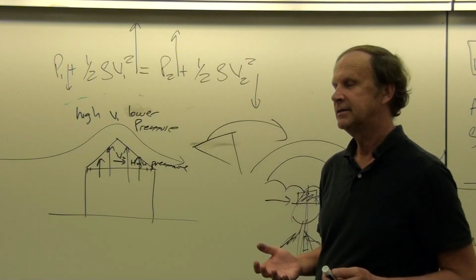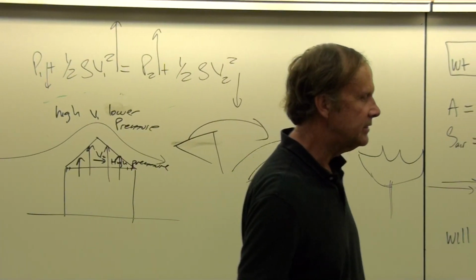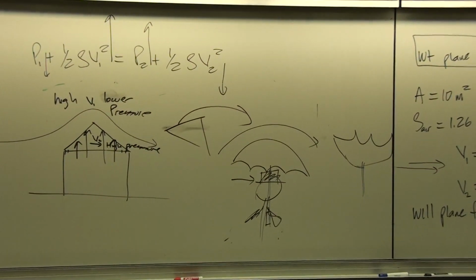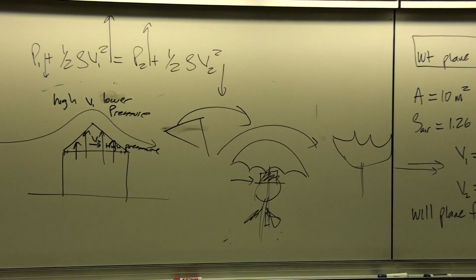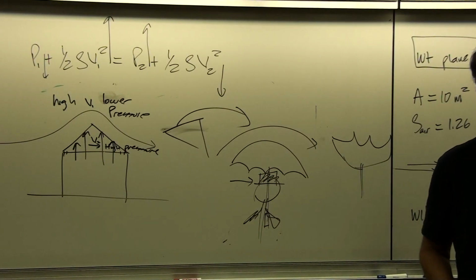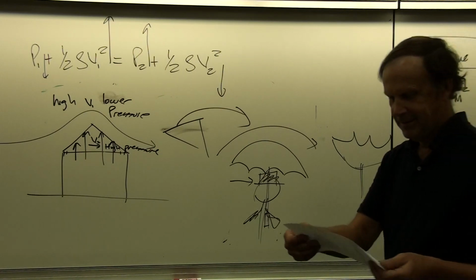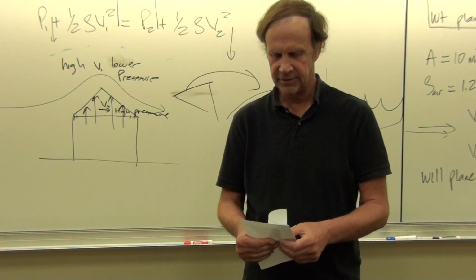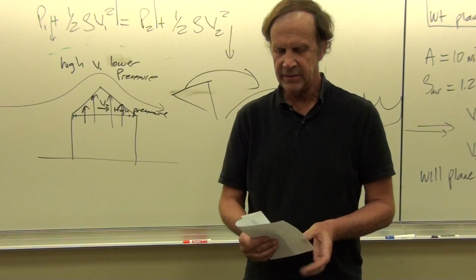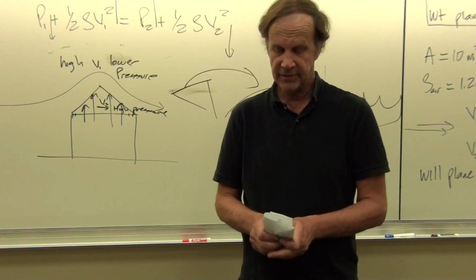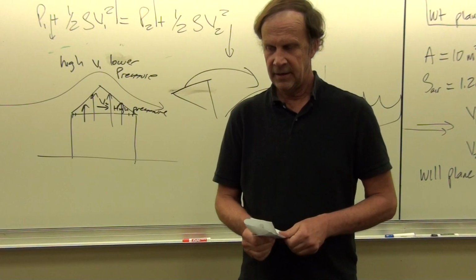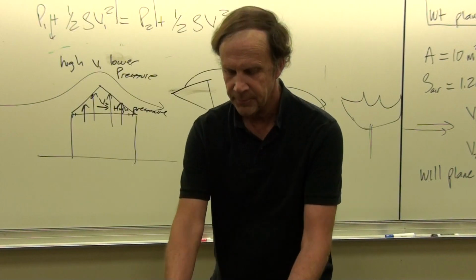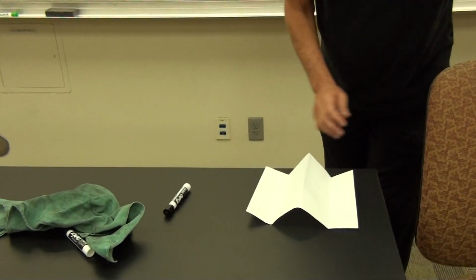But why? Okay, well, before I get to why, let me just do one more what. Can I borrow that piece of paper just for 1 second? I'll give it back. Okay, so here I'd like to set up just a quick little demo. Now you might think that faster velocity air is going to have associated with it more pressure, because if the air is moving through faster, then shouldn't that lift something up? Well, here, let's check it out.